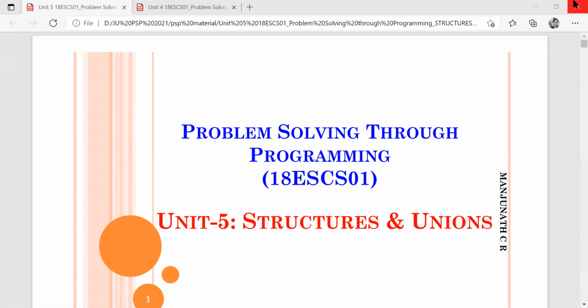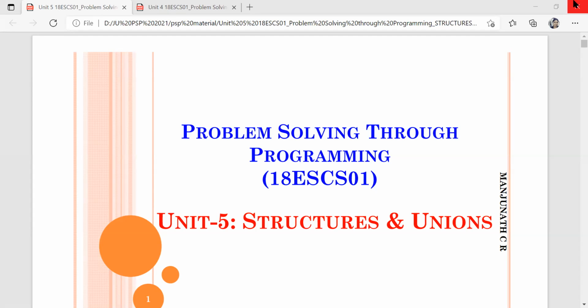The same way, in C programming we have the 4 basic data types. By using those 4 basic data types, we can create our own user-defined data types. So far, we used user-defined data types like arrays, strings, character arrays, and what else did we use? Pointers. So they are user defined. Arrays and strings are user-defined data types.